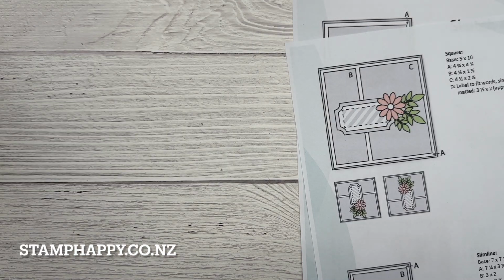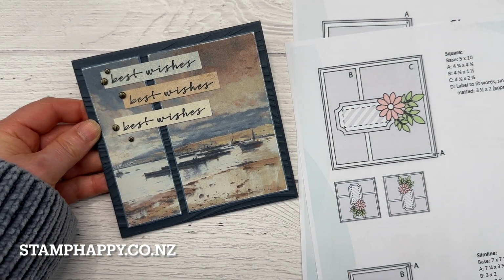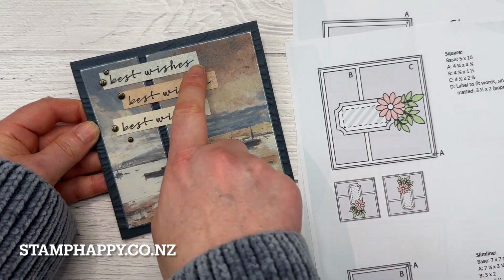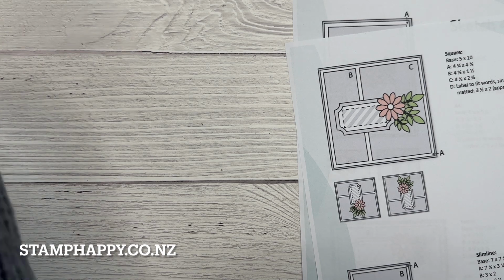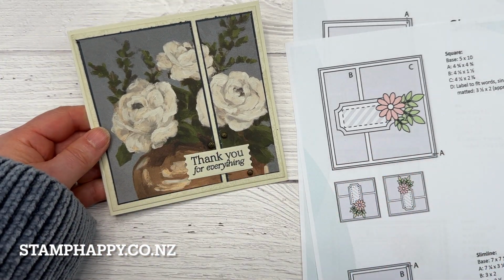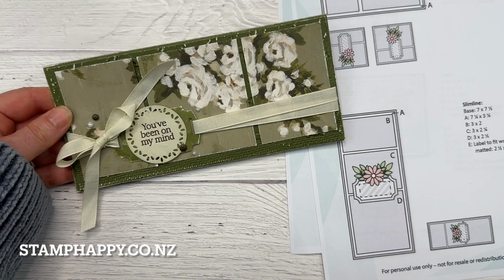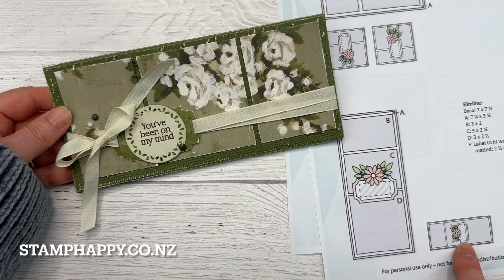And then for the square version, I made this one. These are all with the beautiful gallery papers. And you can see I've modified this and put 3 labels on instead of just 1. And then I made another version where I swapped the 2 panels and moved the label down here at the bottom. And then for the slimline version, I've made this one in this orientation here, but again, I changed the